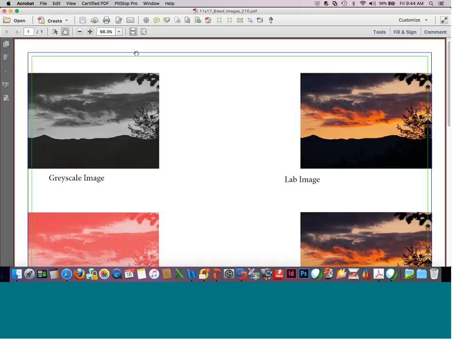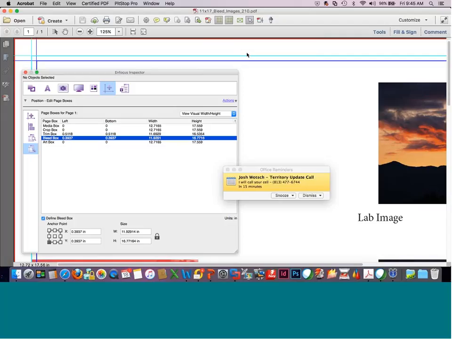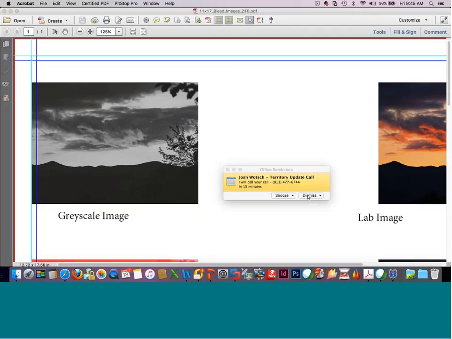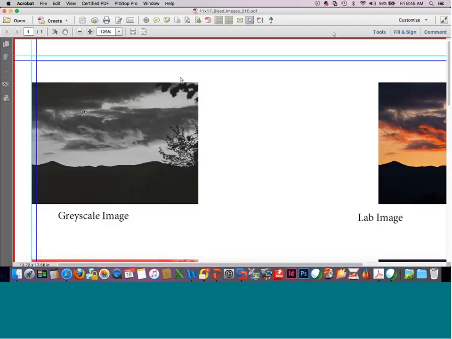So here now, very different. You'll notice as I'm looking at this, let me blow it up a little bit, I now have the proper bleed. There's my trim box in blue, there's my bleed box in turquoise, and there's the media box. Again, if I look at this entire file, where before all of my boxes were the same, you can see now that they're actually different. I have the proper bleed built into that because the workflow automatically added the bleed to that particular job. This is a common problem that customers have